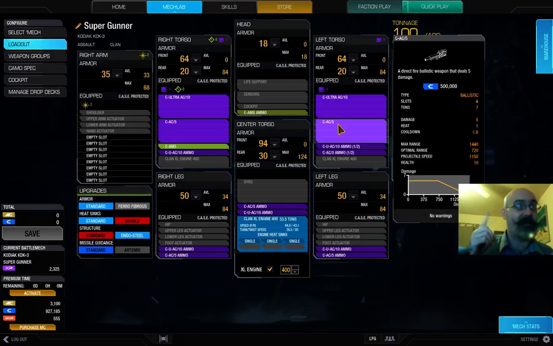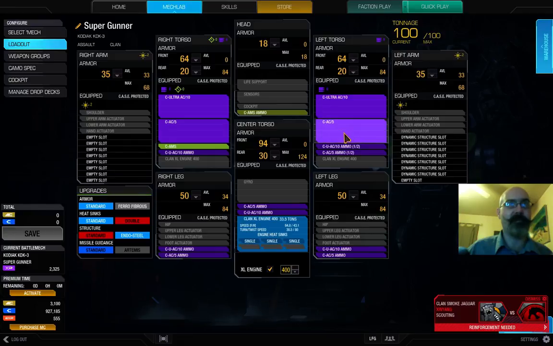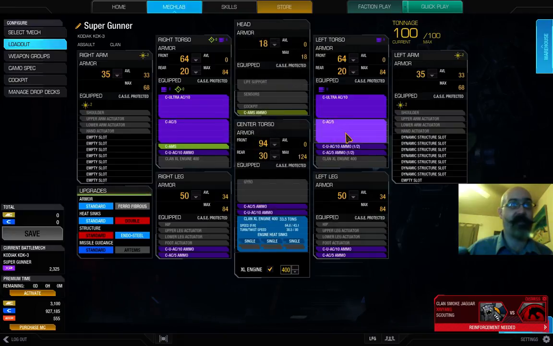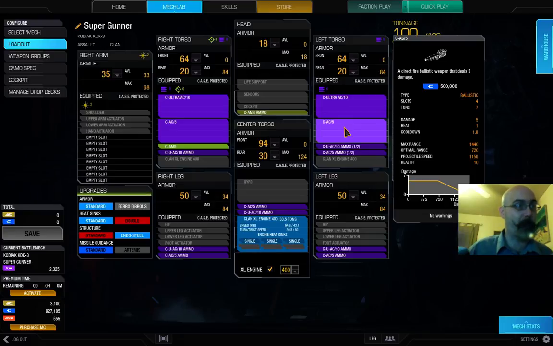But that's what you want to get good at, spamming that button really fast. That's how this build works. Because you're doing 30 points of damage, right? 10, 5, 15, yeah, 30 points of damage every time you spam that finger. So it's not one time. Alright,